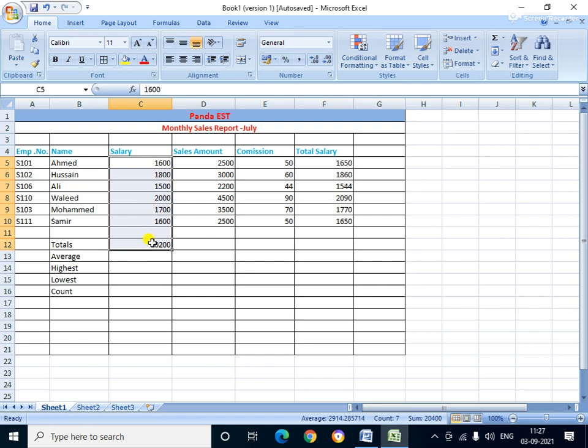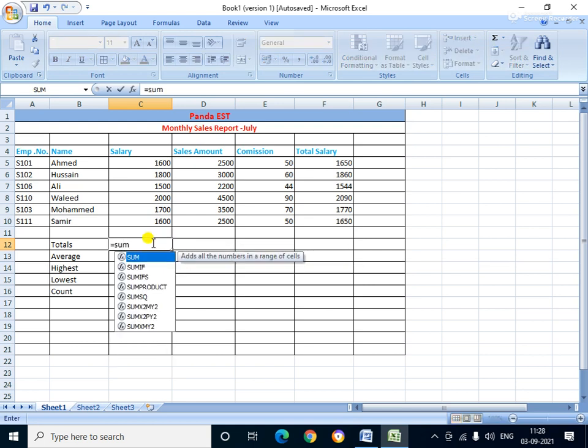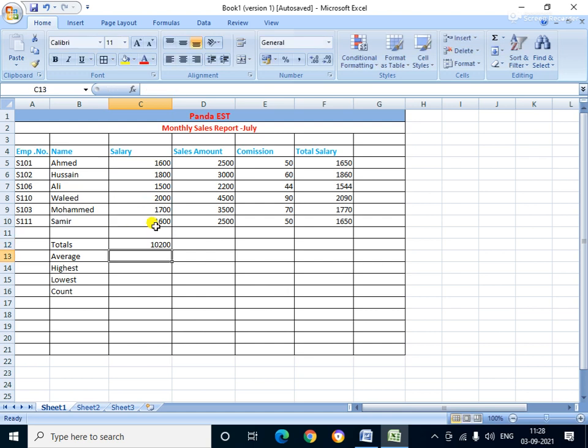This is one way. Otherwise, click over there, then equal to, then SUM, then the first bracket, select the data range, bracket close and press enter. So this is the total.